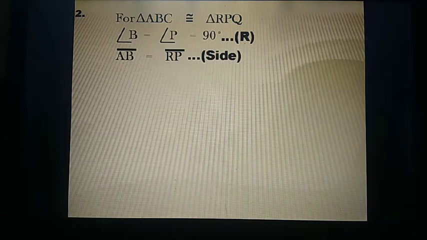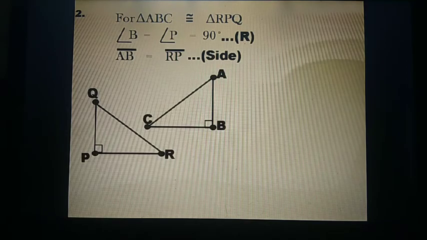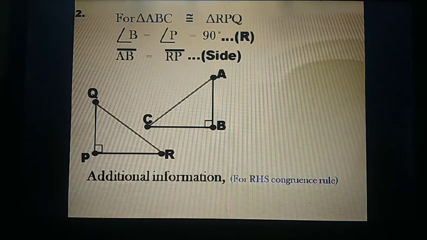How will you come to a conclusion? For that, you will draw the triangle. You will check if B and P are right angled, then side opposites are QR and AC. But here we are considering AB and RP. AB and RP are not hypotenuse, so they will be treated as sides. Now for RHS, R is there, S is there. Now we will go for H. H means hypotenuse. Here hypotenuse is QR and AC. So they are also supposed to be equal to make the triangles congruent.